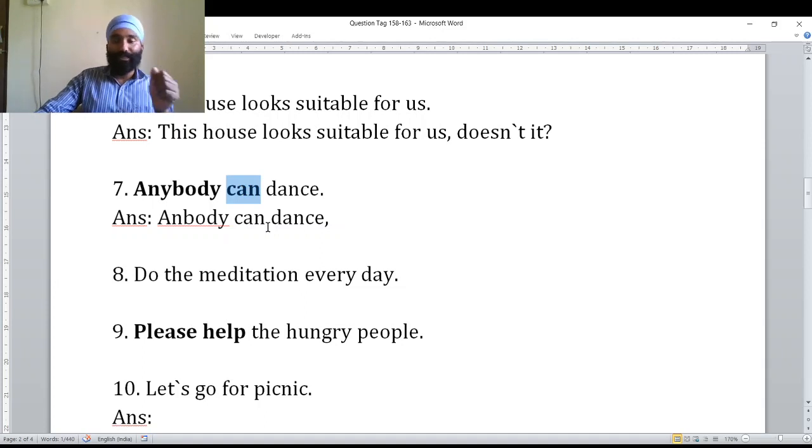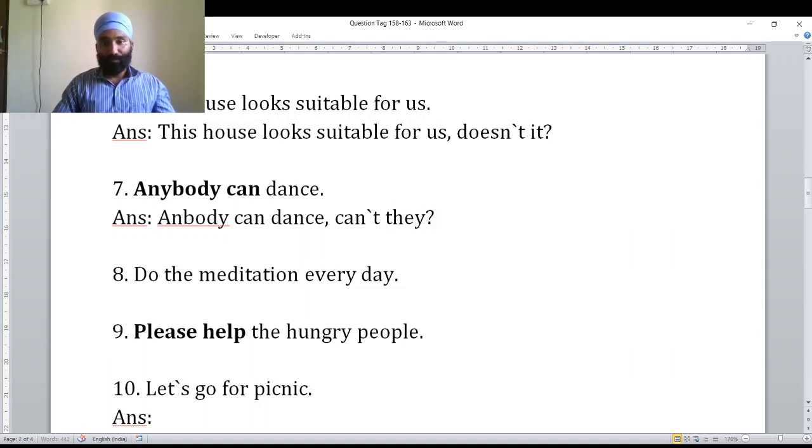Can is a modal auxiliary, so can will become can't. A modal auxiliary we have to use as it is. If the modal auxiliary is given in the sentence, we have to use it as it is. If the given sentence is positive, use the negative contracted form of the modal auxiliary. If the given sentence is negative, use the positive form of the given modal auxiliary. Here the sentence is positive. Anybody can dance, can't